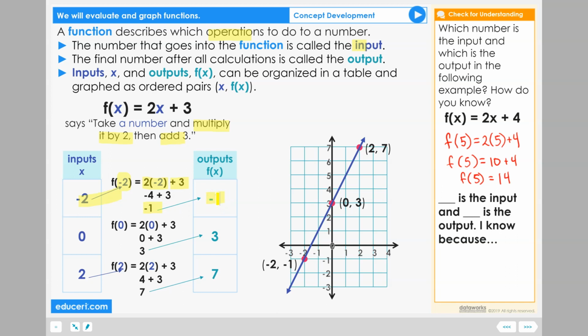Let's check for understanding. Which number is the input and which is the output in the following example? How do you know? The function f of x equals 2x plus 4. Then you see the work that's done below. Blank is the input and blank is the output. I know because